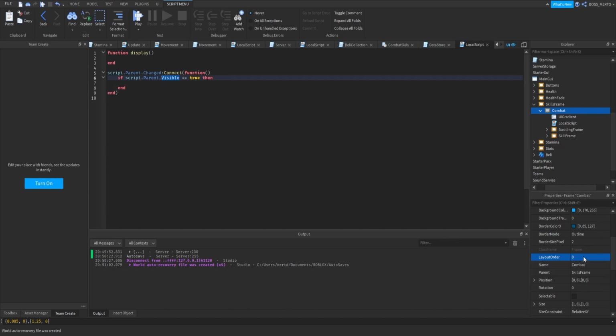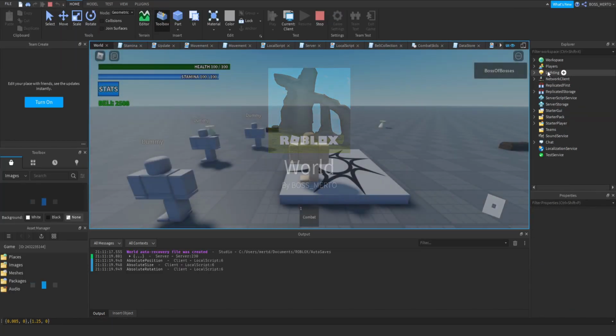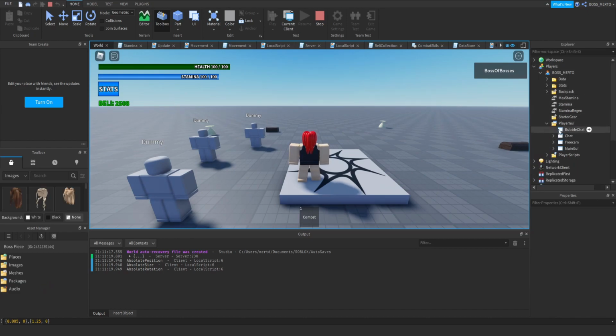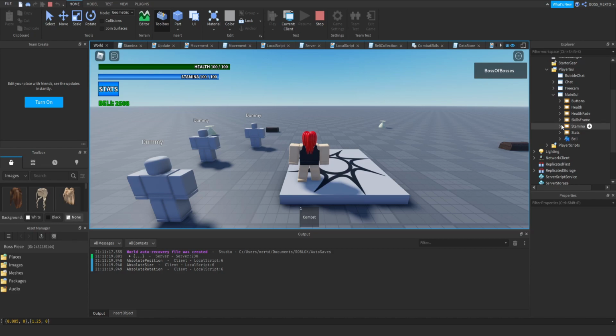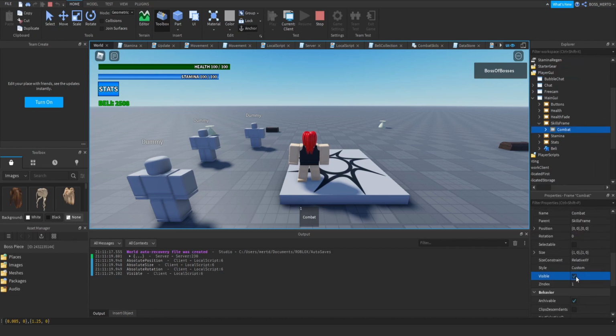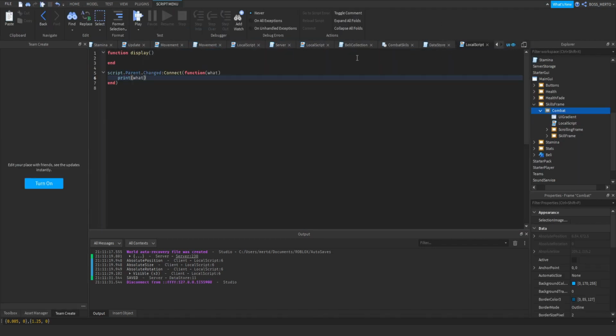Because the frame is set to true, or the visibility is set to true. I mean, but well, I don't know. Let's try to see what happens when we try to do this. I'm just gonna try it out. So player GUI, main GUI, skills frame, combat, visible. Okay. So if what is visible, so it actually has printed out the name of the property which has just changed. So if what is visible and a script parent visible